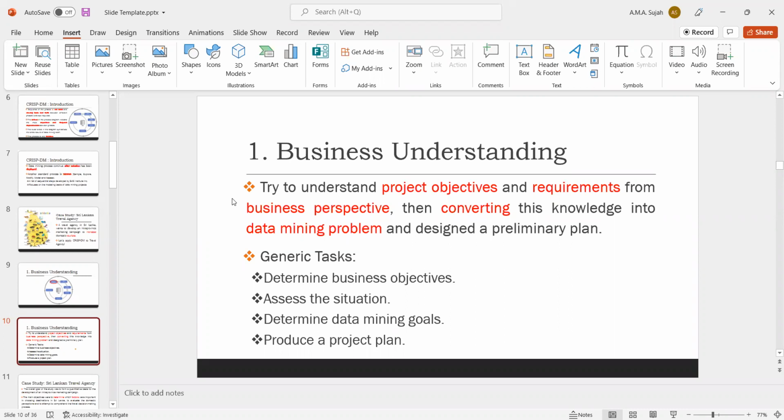After that, you can develop the plan: how we can start, and how you can do it step by step. Sometimes you need to think about the data collection process. Sometimes it takes a lot of time. So depending on these, you will develop the preliminary plan. If you think about the business understanding, these are the most important 4 tasks. First one is you need to